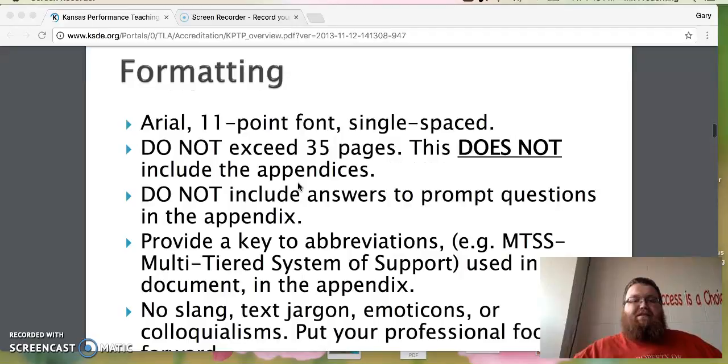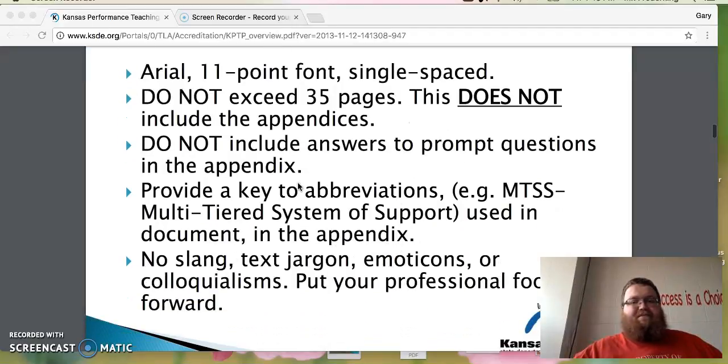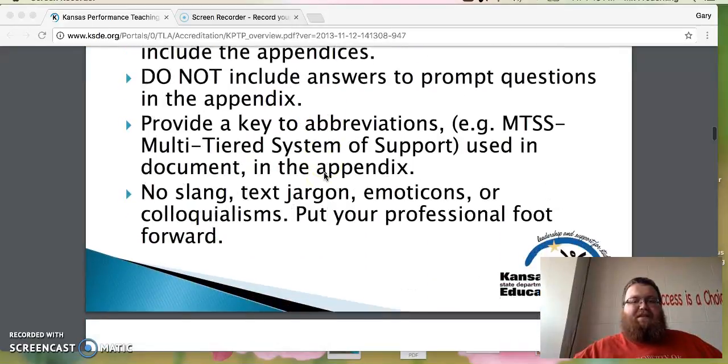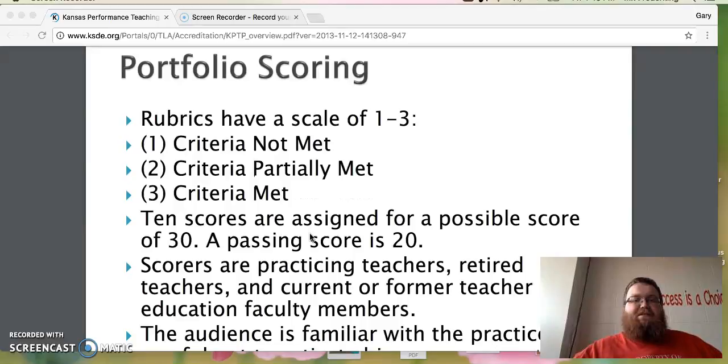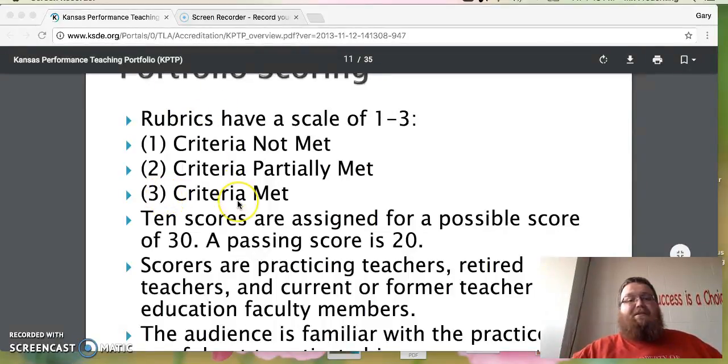Formatting. I don't have any problem formatting. I think I can figure that out. Obviously, no slang, no text talk. Yeah, professional foot forward. Yes, exactly. Rubrics have a scale 1-3. I have had a little bit of work in making rubrics, but just to make sure it's a great rubric is going to be one of my problem spots. This is talking about score. Anyways,